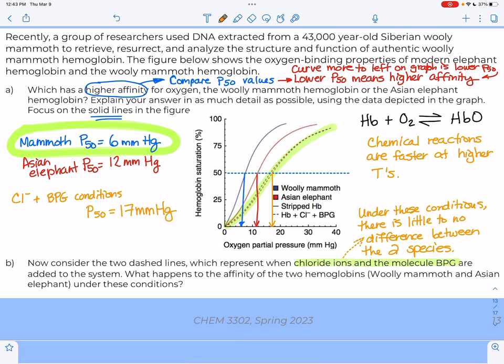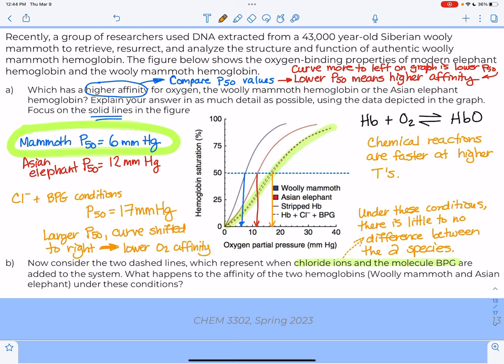millimeters of mercury. Okay, so it has a larger P50. The curve is shifted to the right. So what that means is that under these conditions, there is a lower affinity for oxygen. And again, after break, we'll talk about BPG in humans, not just woolly mammoths, and we'll see that this is